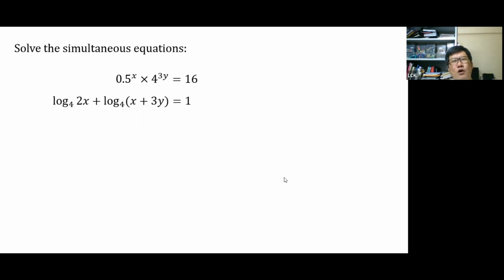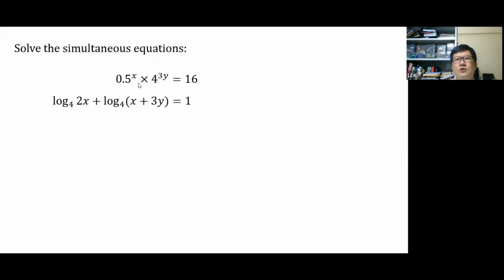Okay, we go on to another type of question, and this is a simultaneous equation. I like this. It's simultaneous equations, and you see that you have two equations there. These two equations are pretty complicated, pretty complicated. But,